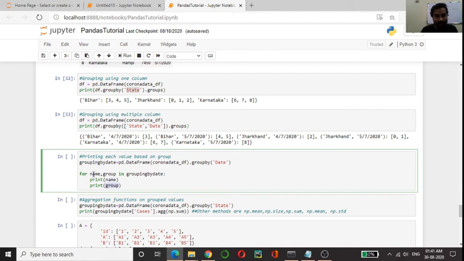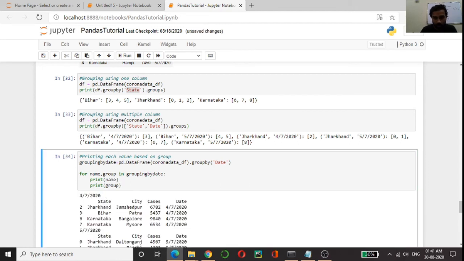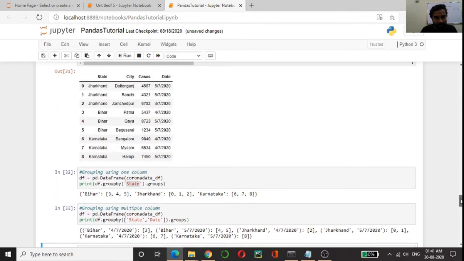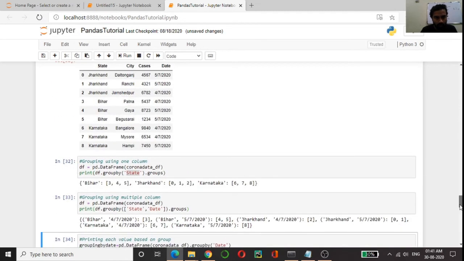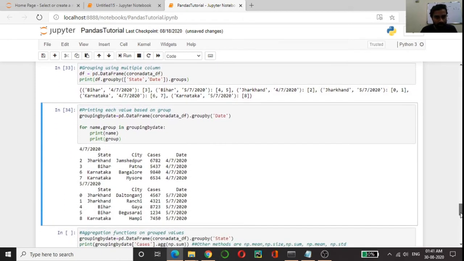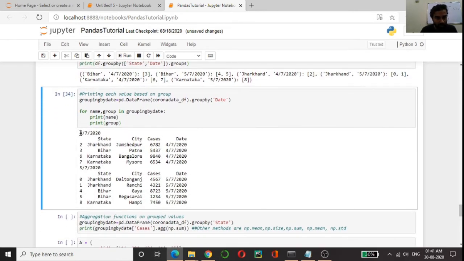Name means it will print that date, and group means the data which is coming under that date. As you can see, there are only 2 different dates. So this is one group, this is another group, and all the data in this group is printed here, and all the data in this group is printed here.